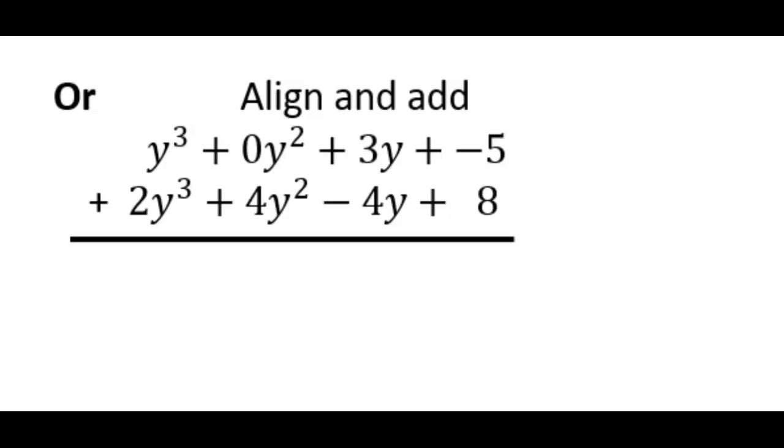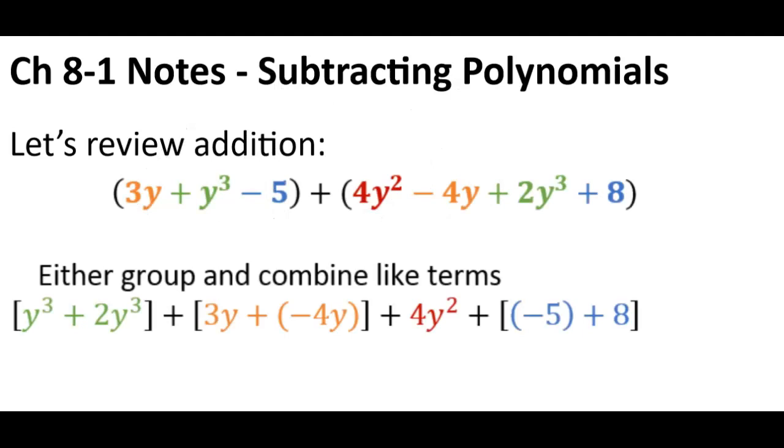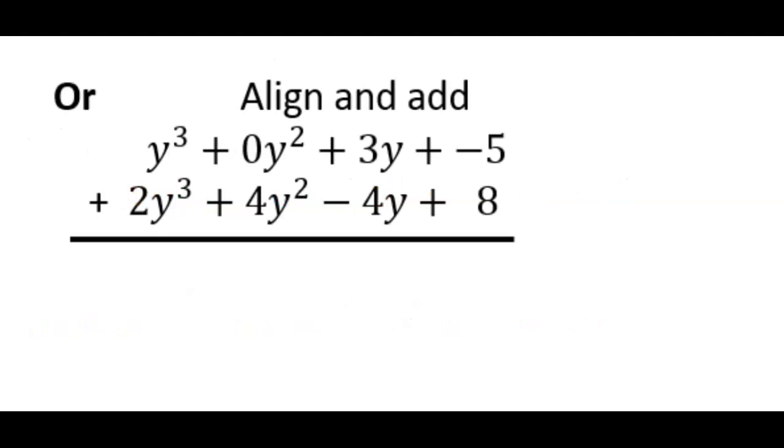And when we align and add, if you're missing a term, so like in this one you have a squared term, but in this one you don't. So in each of these, we've got a trinomial and a polynomial that we're subtracting or adding here. So when I have that happen, I need to fill that space with a 0 when I do align and add, okay? So that I add correctly. And so what do I get here? There's an imaginary 1 here, so I'm going to get 3y cubed